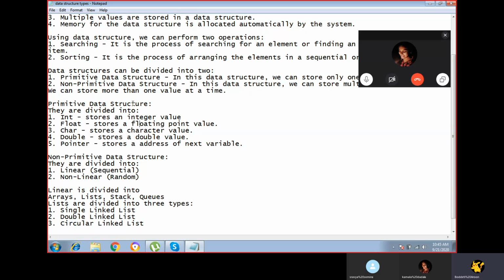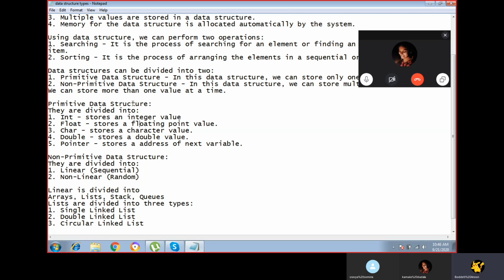So that is the linear data structure. We already talked about arrays. So what is an array in C programming? An array is nothing but a list of elements having a common data type. An array is a list of elements where the elements are of a single data type. Any one data type of elements is stored in an array.